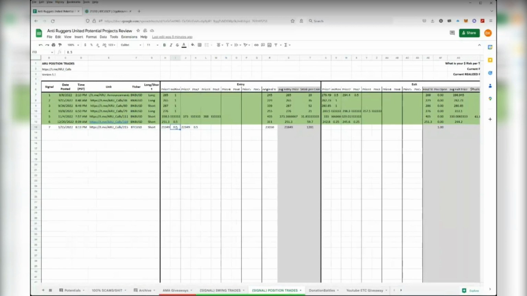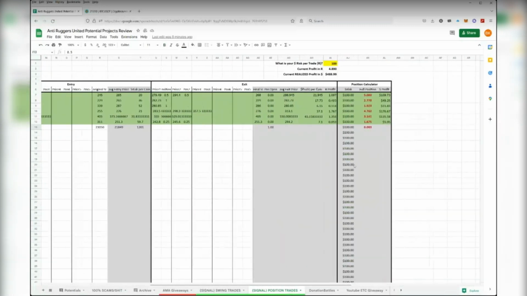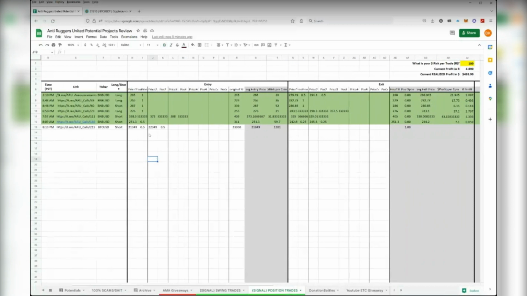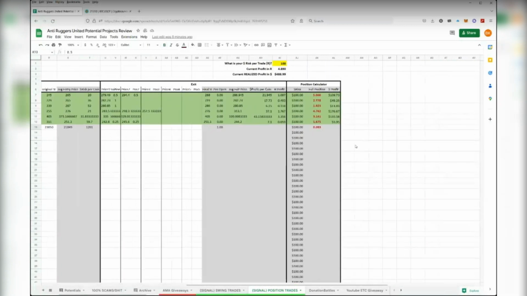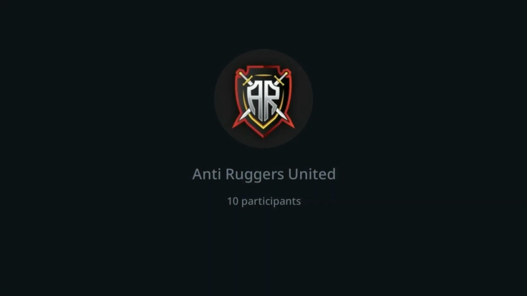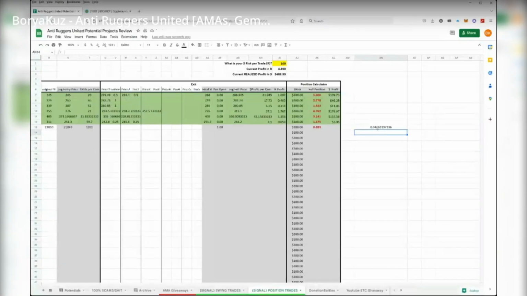But there are two different entries I'm doing, at 21,349 and at 22,349. In each of those, I'm doing half a position. So my full position is 0.83 Bitcoin. Half of that is going to go at this price, and half of it at that price. So I take this 0.83 divided by 2, so I'm basically doing 0.041 Bitcoin for each price.